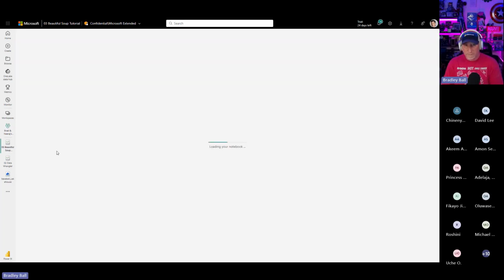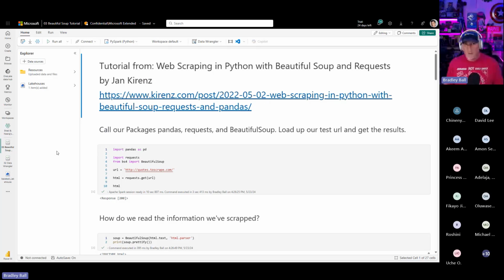Let's do Beautiful Soup. Now, I'm not sure if you're familiar with Beautiful Soup. Beautiful Soup is a package that allows us to scrape HTML. There's a lot of different industries where it might be of value to go out and get HTML data. The one warning I want to give you is, remember, if it's against the terms and conditions of the website that you want to scrape the data from, you have to apply their terms and conditions and get their permission before you scrape data.